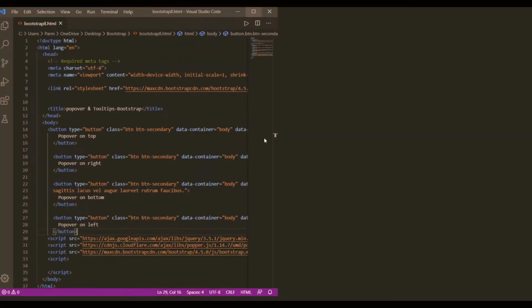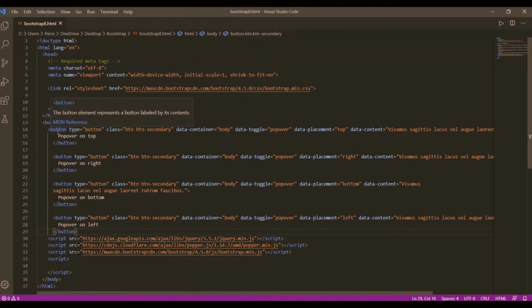Here we have created a button, type button, class btn, and data-container is body, and data-toggle, the name given to this, is popover, and data-placement is top, meaning that the popover will appear on the top of the button, and data-content is whatever message we want to display within it.